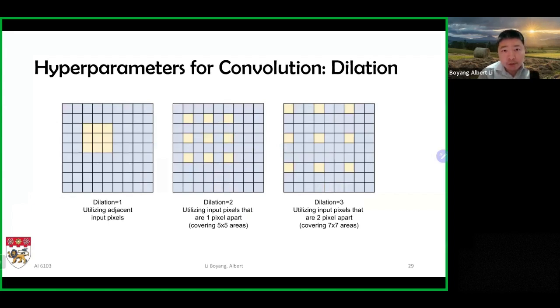Another possible design parameter is known as dilation. Dilation basically means where you apply your filter values. If dilation is set to 1, this is the most common case. You have the 3 by 3 filter matrix closely knit together, adjacent to each other. But if I set dilation to 2, there will be 1 row and 1 column of space